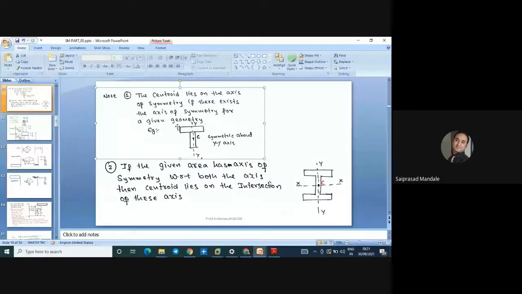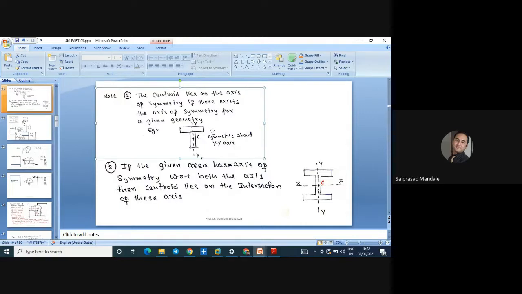If I cut this section vertically, and if the two sections form a mirror image of one another, if I cut that section from the center and the image forms a mirror image, then we can say this is symmetrical about the y-axis. Say, for example, I cut this from here. If I cut and both sides of the plane are mirror images of one another, mirror image means both are symmetric. Left-hand section and right-hand section are both the same. In that case I can say the image is symmetric about the y-axis.